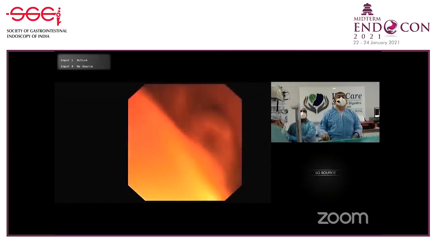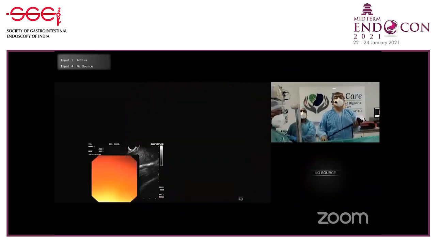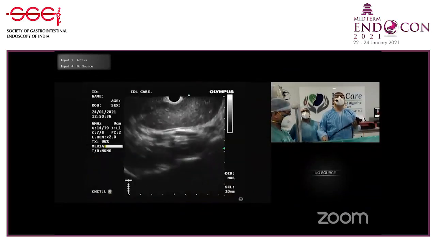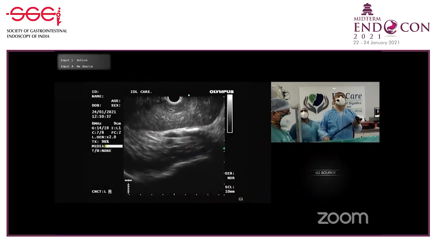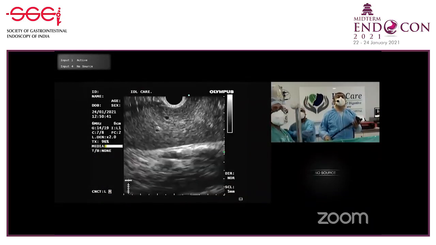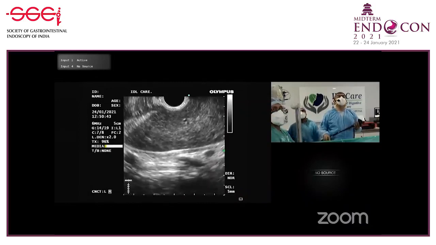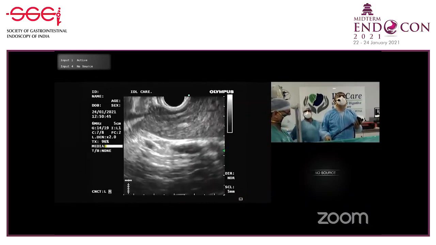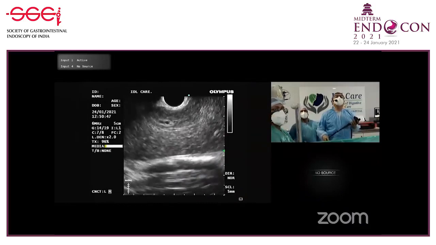Okay, show me. So now you are seeing the liver. To me, it looks a little heterogeneous. Yeah, it's a heterogeneous liver. It's not a normal liver. And some basic things of liver anatomy.